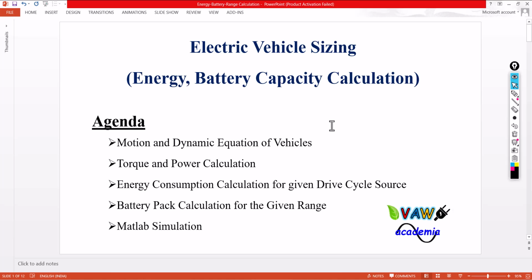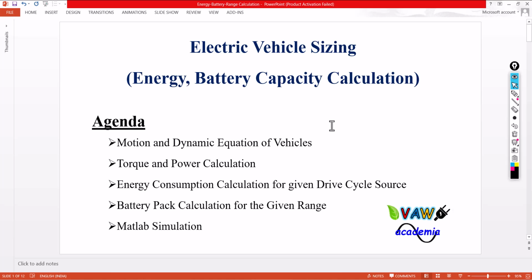The motion and dynamic equation of vehicle, how to calculate the torque and power for the given vehicle, those things we already discussed in my previous video. I shared the link in the description where you can see how to calculate the equation, that is opposing forces acting on the vehicle, how to calculate the torque, power and force required to drive the vehicle with the given drive cycle. In this video, we are going to discuss only how to calculate the energy and battery